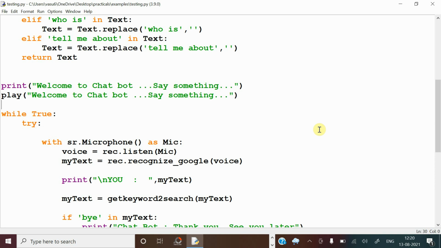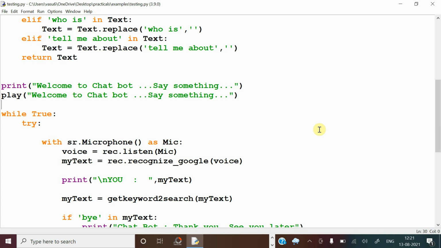Alexa, how are you? Like that you have to say. If you prefix the word Alexa at the beginning, then only it will treat that you are talking with the system. Otherwise, it will treat that you are talking with some other fellow. Similarly with the iPad, you have to prefix Siri. Siri, how are you? It will treat that you are talking with the device. If you don't prefix Siri, it will treat that you are talking with someone else.